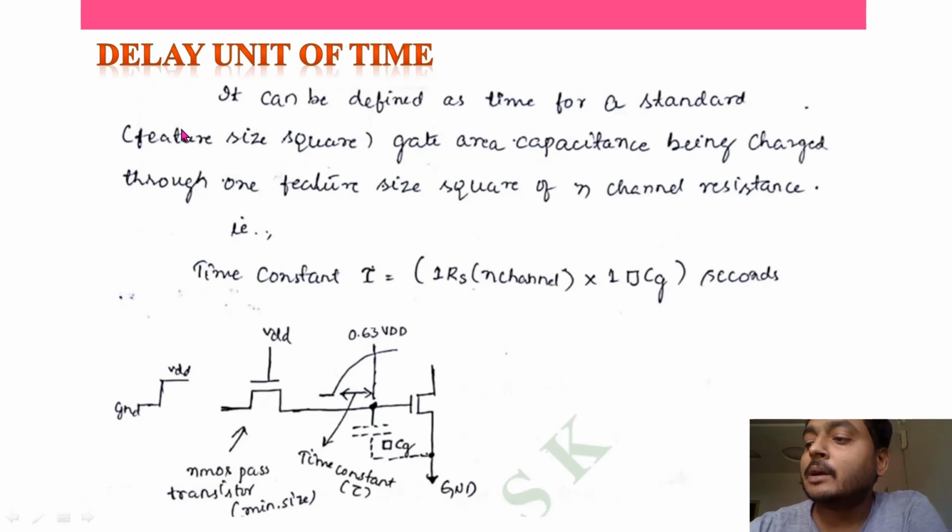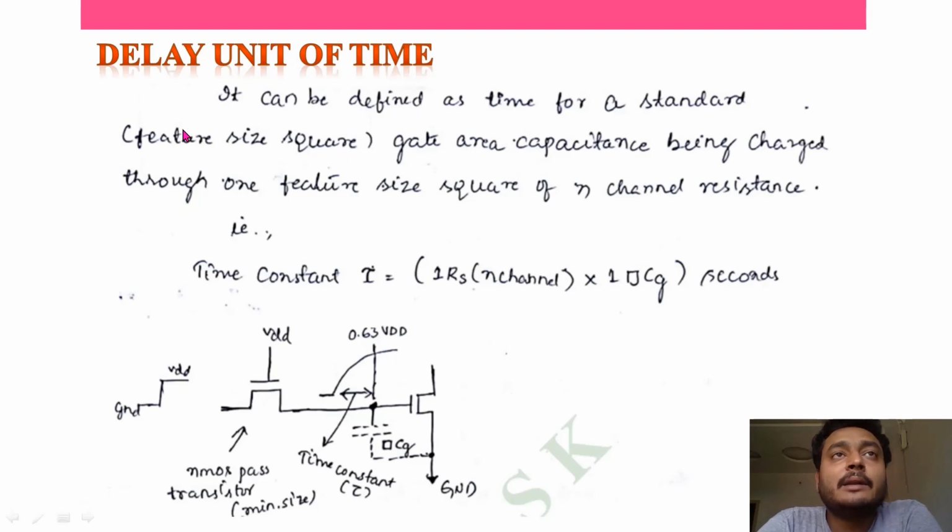Next we have the concept of delay unit of time. As you've seen, we are expressing resistance in terms of Rs. At the same time, we are expressing capacitance in terms of the standard unit of gate capacitance. That is, resistance is 5 times Rs, 6 times Rs, and capacitance is 7 times Cg, 6 times Cg. In the previous session, I told you each individual Rs and Cg can be calculated in terms of nanoseconds or picoseconds for a particular process technology. Similarly, we are going to express delays here in terms of tau. That tau we call the delay unit of time.